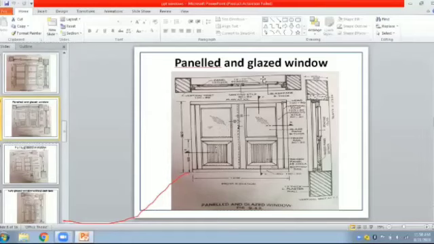This is the sectional plan of this window. And in the sectional elevation,